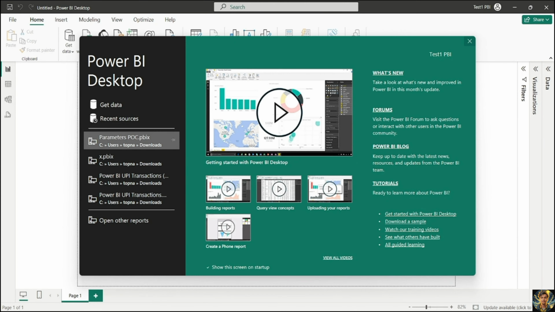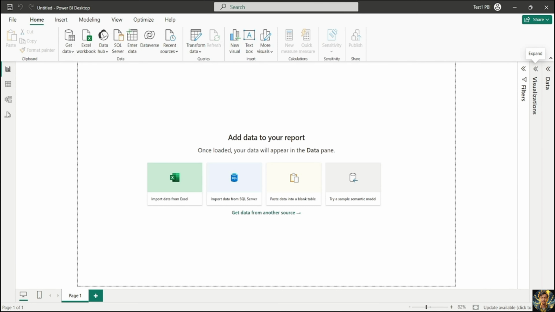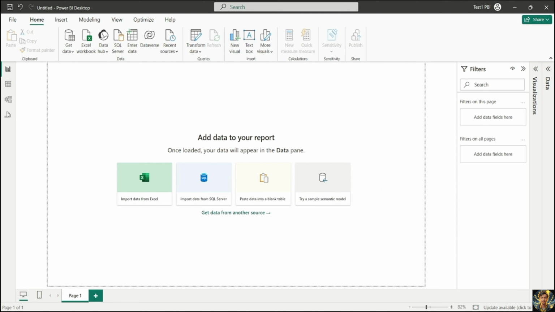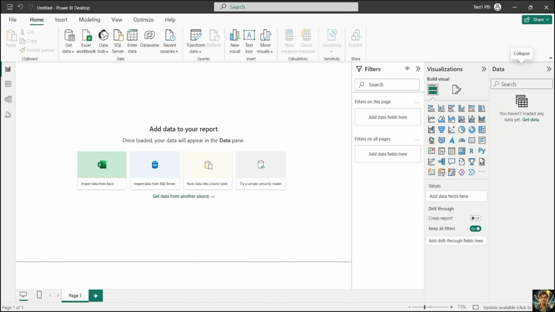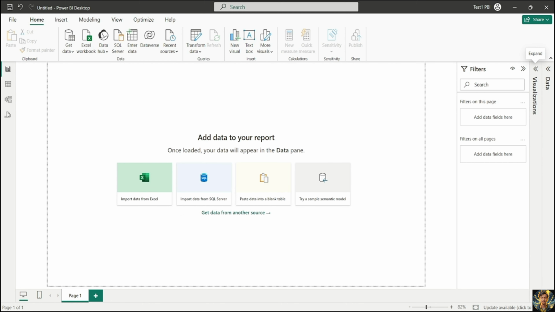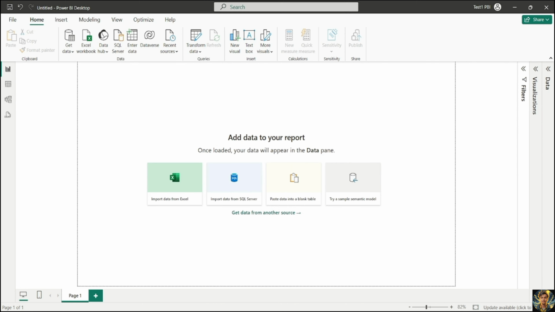And you can close this splash screen, right? All right. So the view that you can see on the screen now is your report view. On the right-hand side of this report view, you can see various panes: we have the filters pane, then the visualizations pane, and then the data pane. And since in this video we want to discuss creating a bar chart in Power BI Desktop,